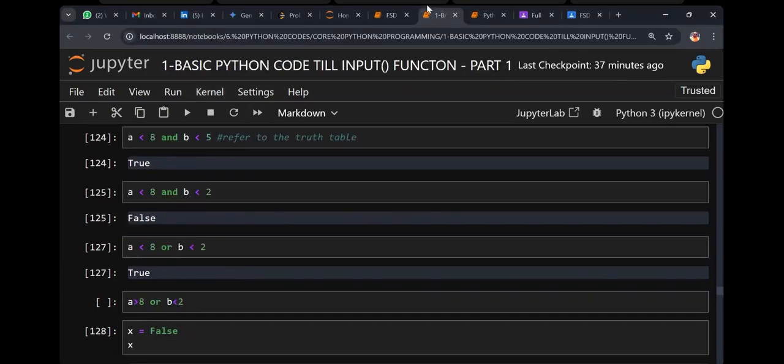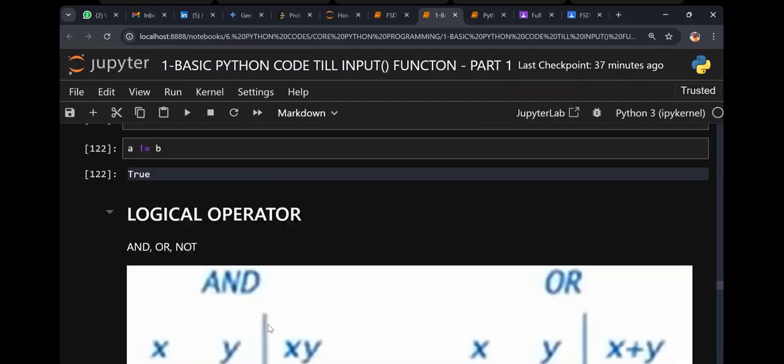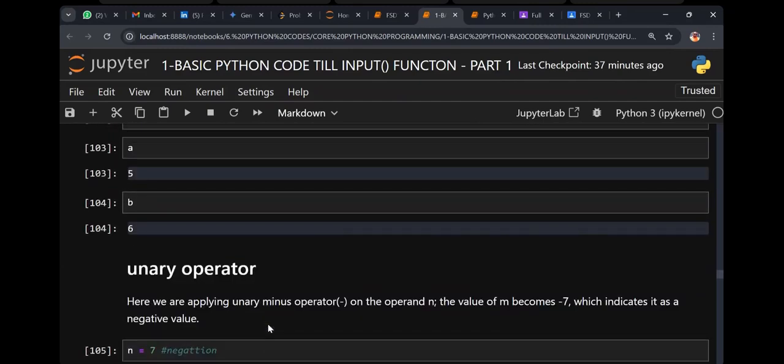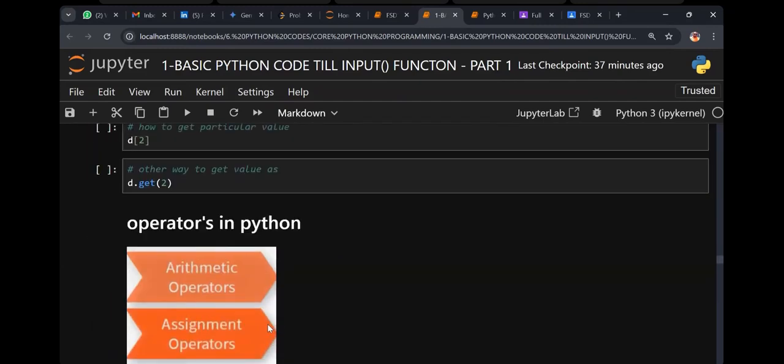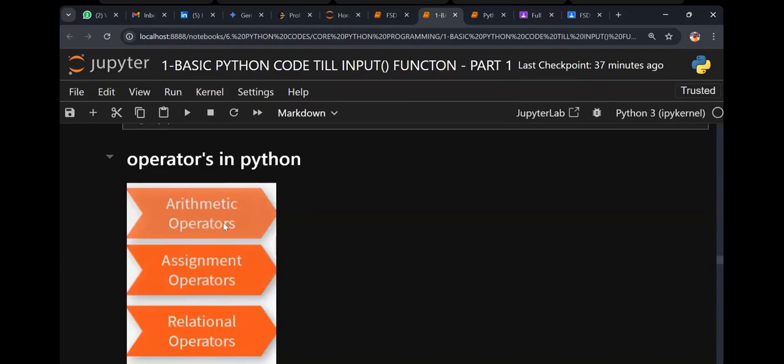Just go here, basic Python. Logical operator, are we okay? Just these operators we completed or not? Operators in Python. I want to complete the basic Python slowly. If you want to work with me, you can work. If not, just listen to the class or you can do it later. It's up to you.